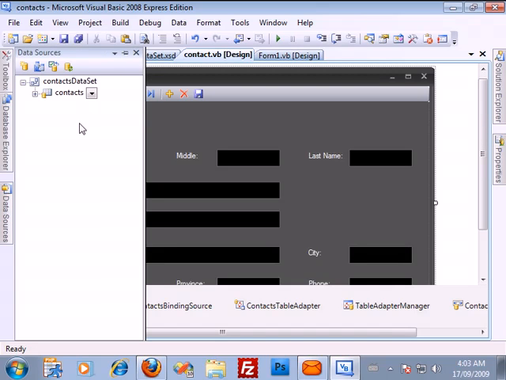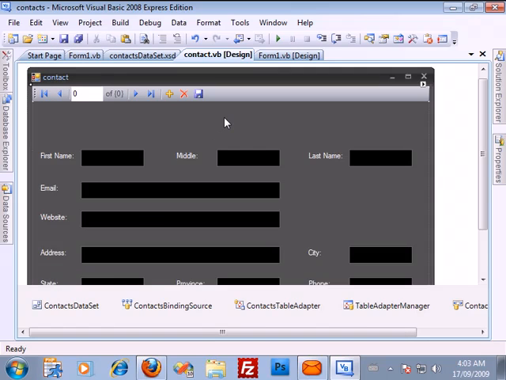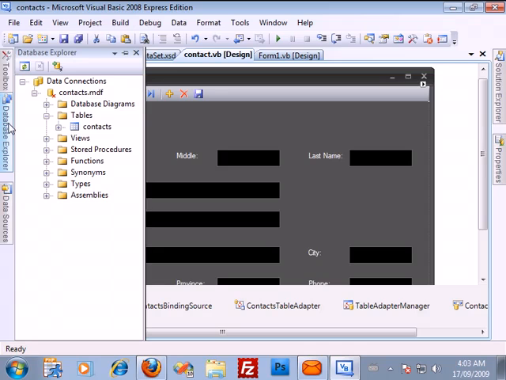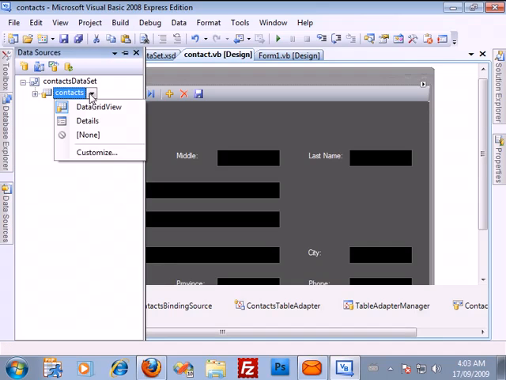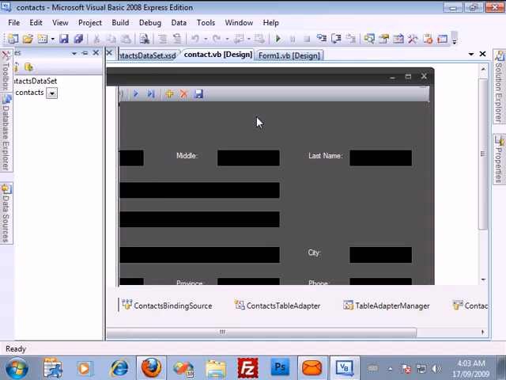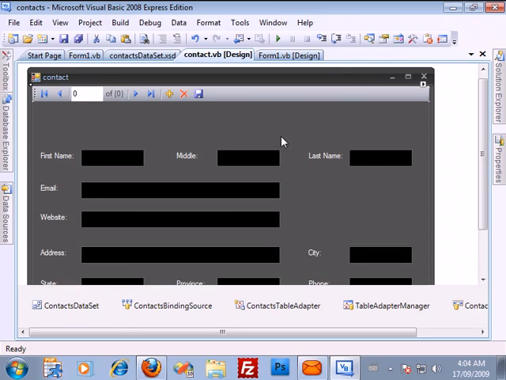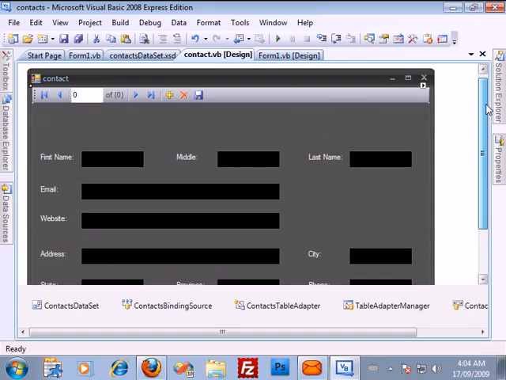and I added it to the data source. Then after I did that, in my database explorer data source, I chose details from the drop down list and dragged it out onto the form. And it populated this automatically. Of course I did a little bit of formatting to it, but anyways,